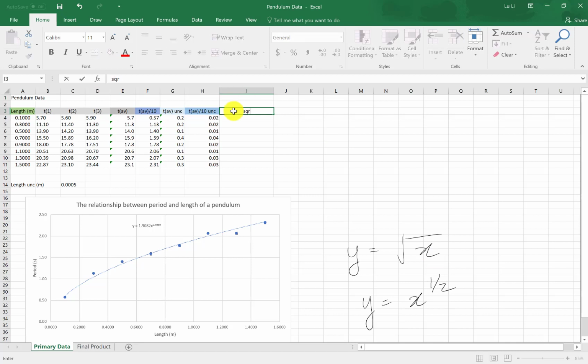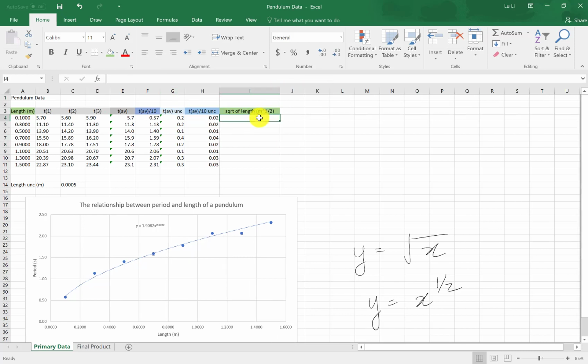So I'm going to write here square root of length. And for my units, I will make sure they are appropriate. This is meters to the power of a half, because my dimensions have changed after I've square rooted my length values. Give this a different color just to show that it has some amount of importance. Now here we're going to enter our function, or what we're going to do with our data. Because we're entering a function, equal sign. I am going to use the length that I had before, that's my x. And I'm going to give an exponent, which is the power of a half,